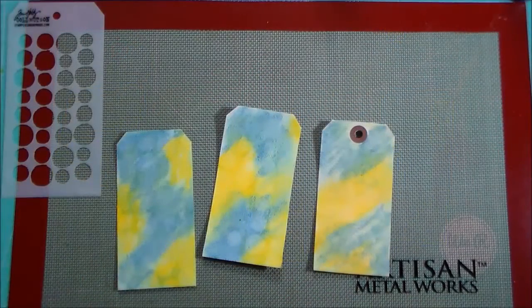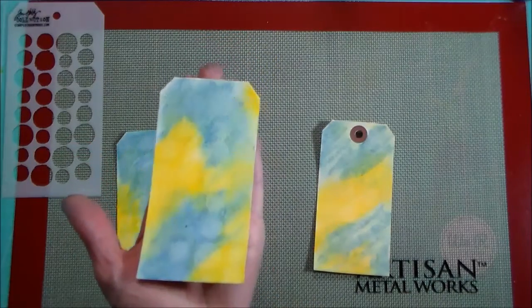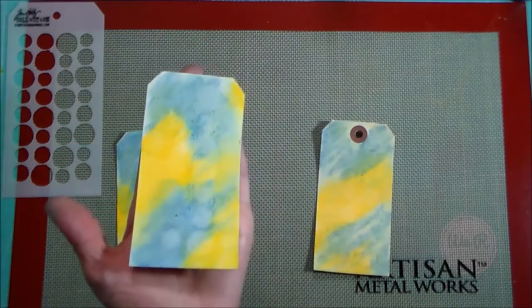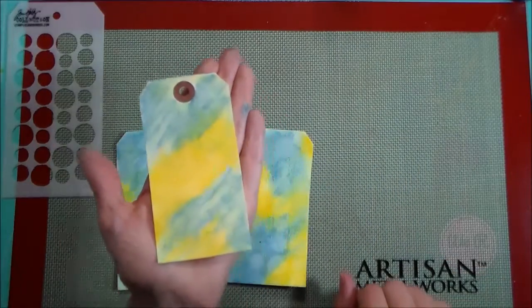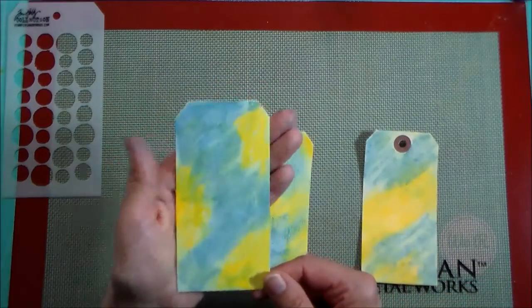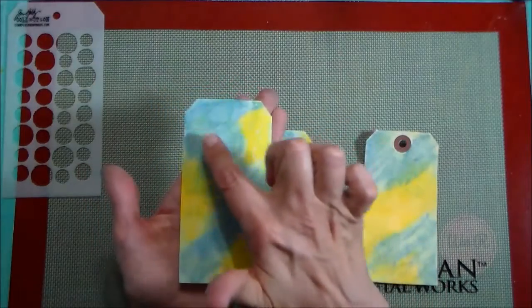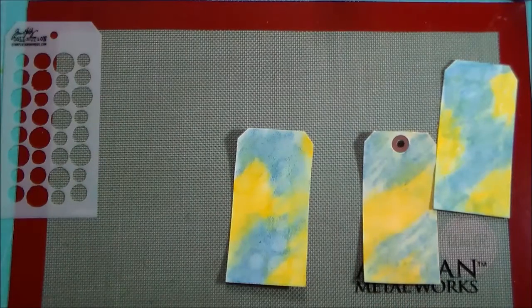Okay, so my 3 tags are done and dried. And you can see here that the only one that provided some lift off was the watercolor paper. The other ones just did not remove any of the color, or enough of the color for me to really see it. This one I can see a little bit up here, but not too much. So, but let's take a look at a lift-off technique using proper